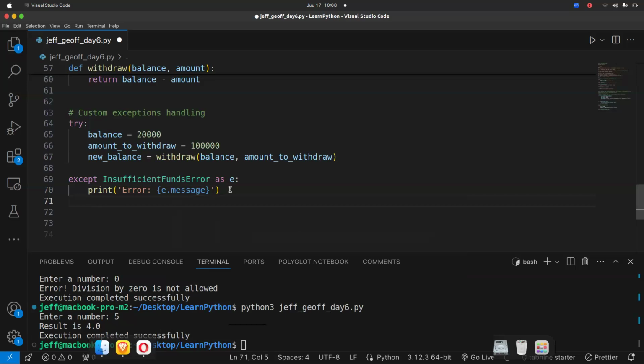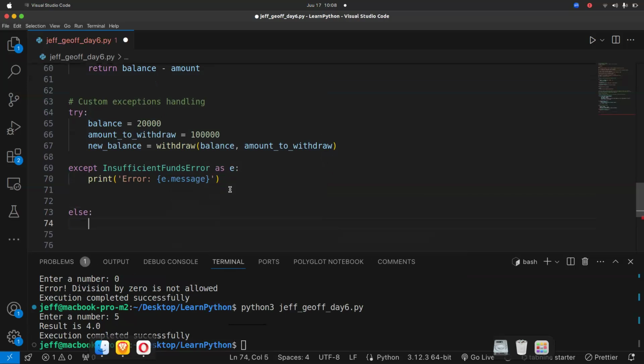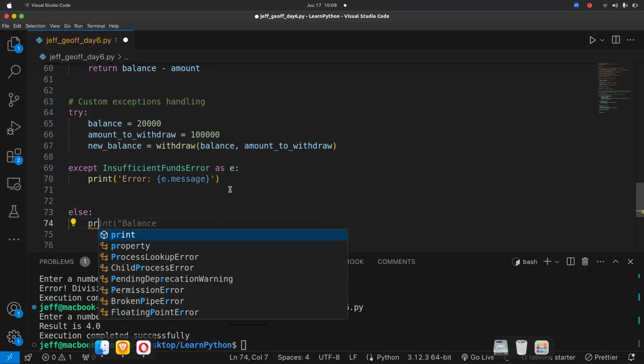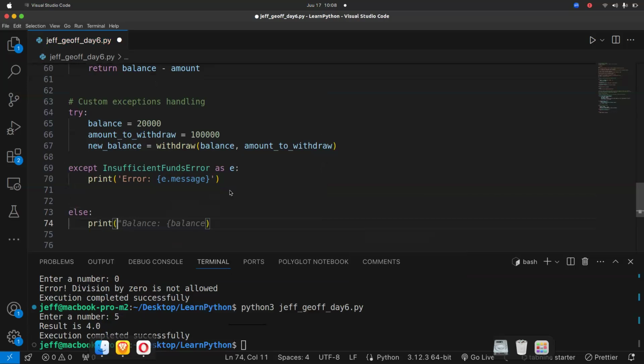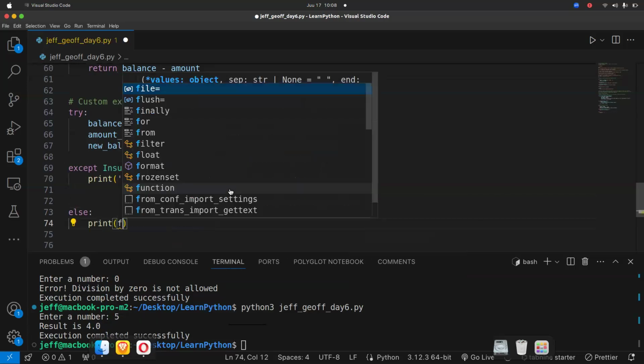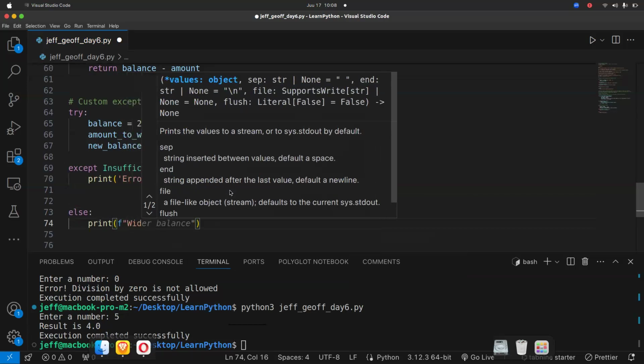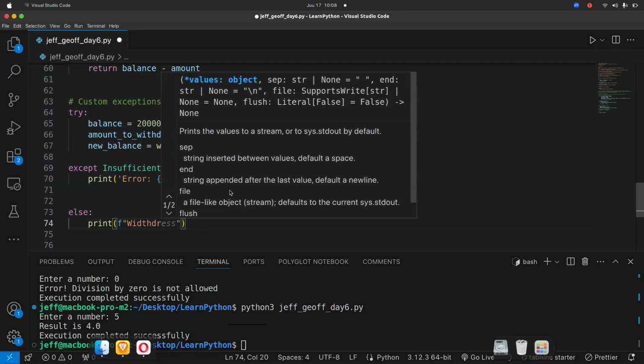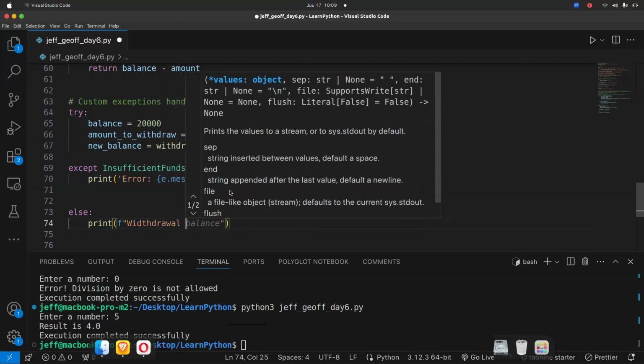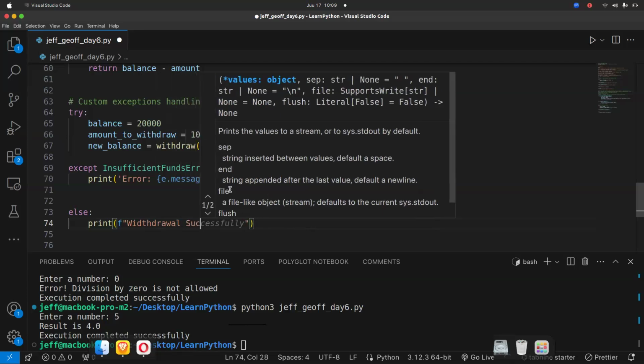Then else, then you can print a formatted message which says withdrawal successful.